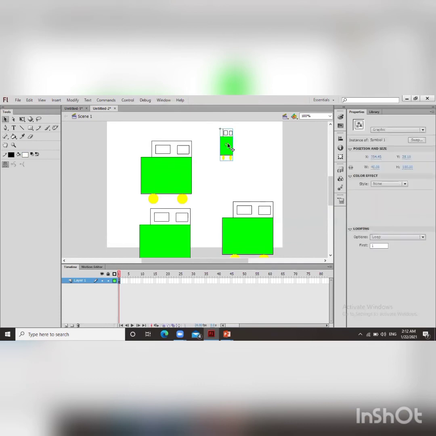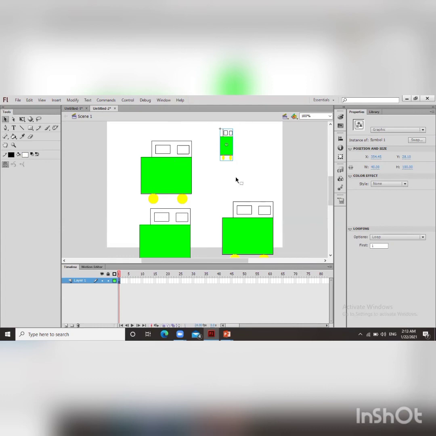Or another type of change, either width, height, size, or style, it will affect that particular instance only. It will not affect the other instances and not the original symbol.